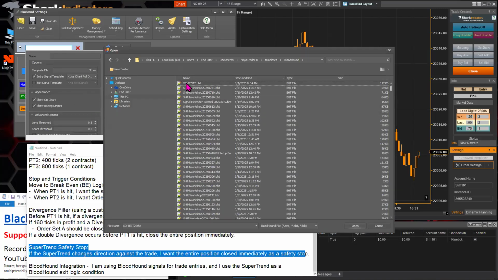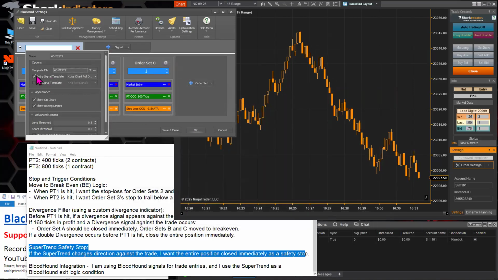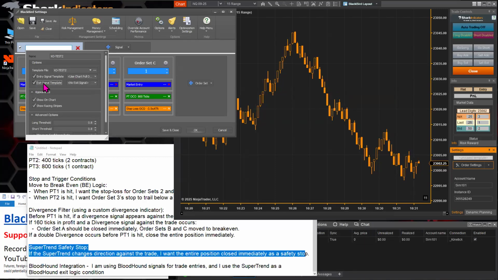Right, and the one I have is this crossover test that I use all the time that just has example signals that I can play around with, Blackbird. And of course, the entry signal here would be selected, right? I'm also going to enable the exit signal